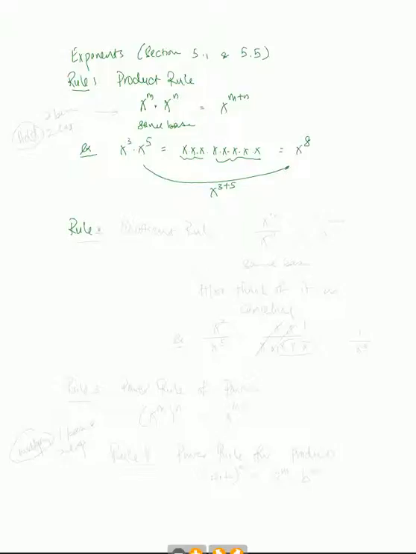The second rule that we talked about is called the quotient rule. And what that is, if you wish to divide, again, they have to have the same base. And when that happens, equivalently, you can think of it as you are subtracting the exponents. Alternatively, you could also think of it as